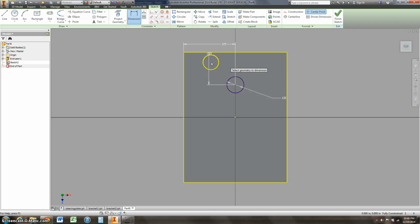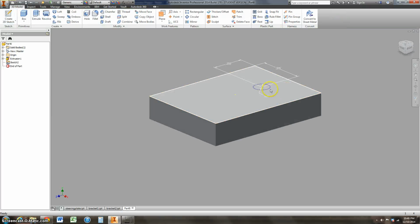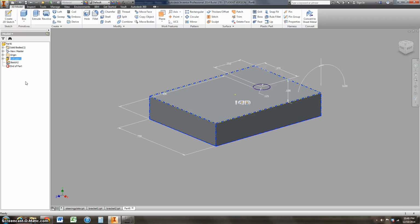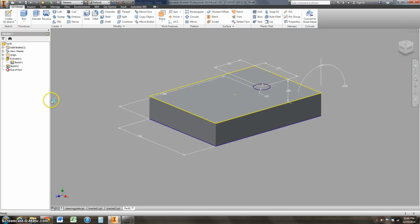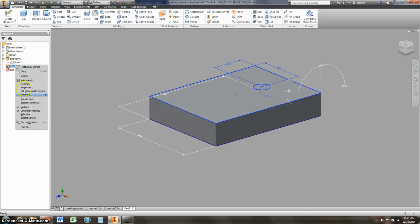And once you have these dimensions, the great thing is that you can just keep moving them around wherever you like them. And you can go in and edit these things and change them to be whatever they actually are. So I'm going to finish that sketch, and now I'm going to take this circle. These dimensions are showing because I still have the show dimensions selected on my original sketch. Dimensional visibility is selected. So if you don't want those, you can go back in there and uncheck these. Well, it's not going to let me uncheck it. Anyway,